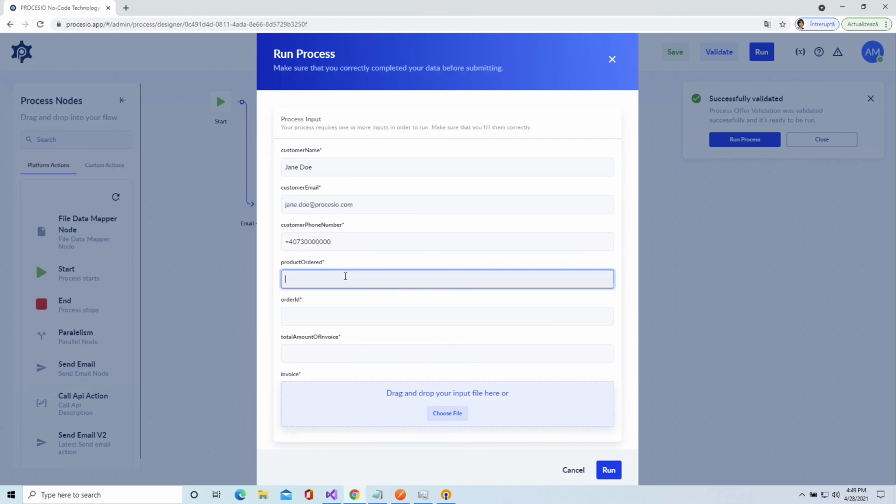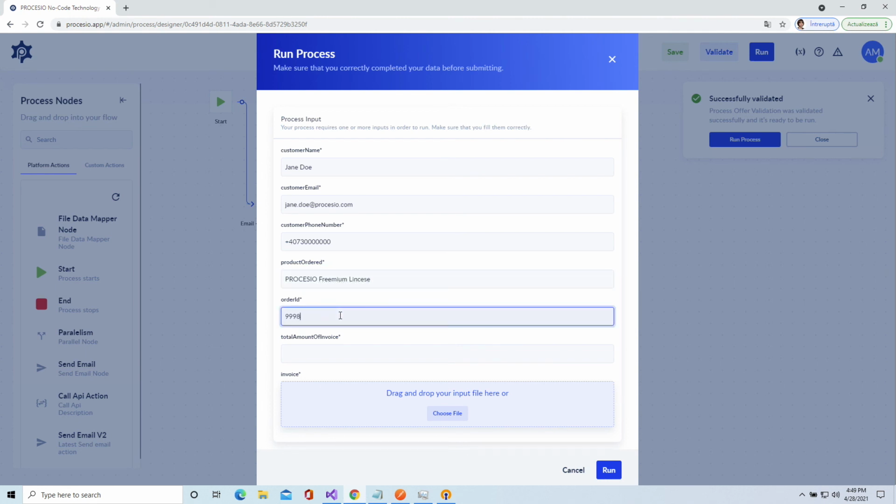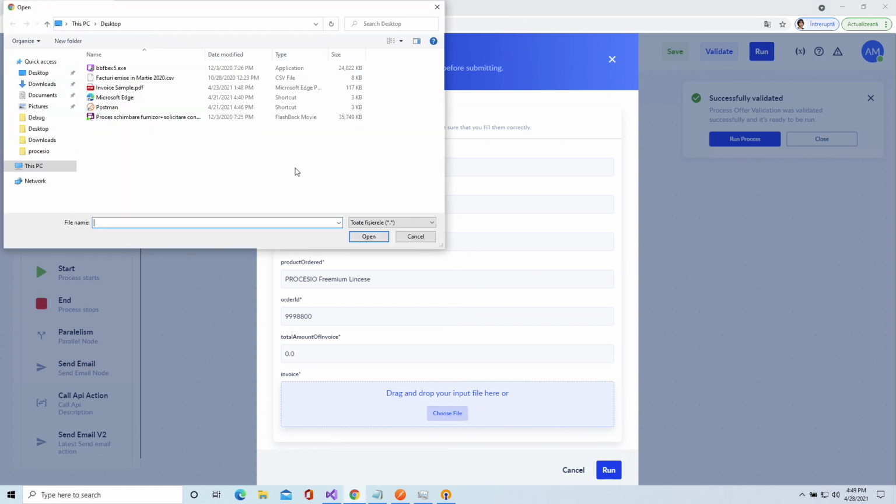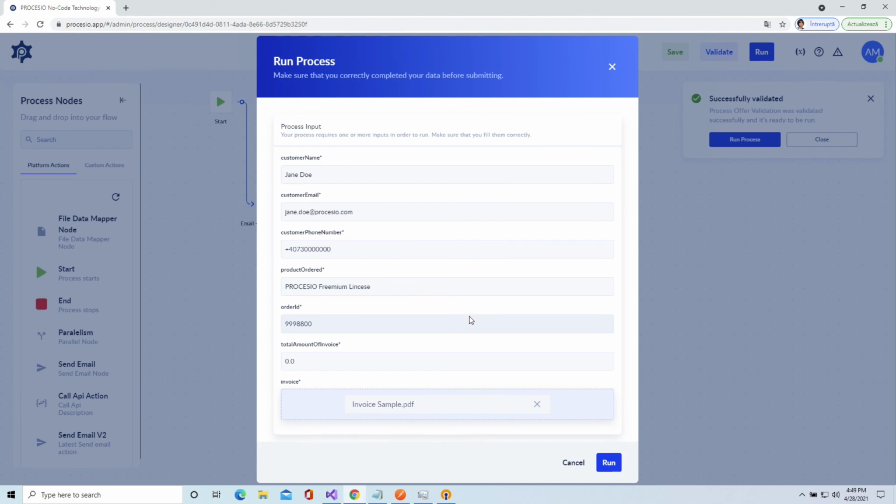product ordered will be PROCESIO premium license, order ID, and the total amount of invoice. Well, since it's a premium license, I'll put it to 0.0, and I'll attach a file to be the invoice for this process. Now I can hit run,